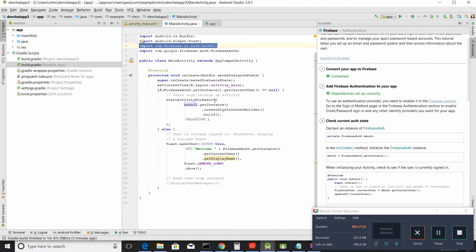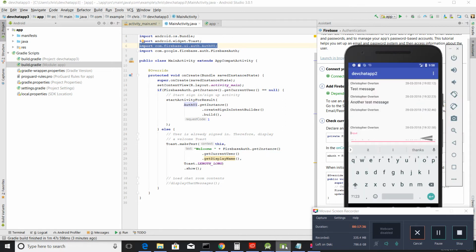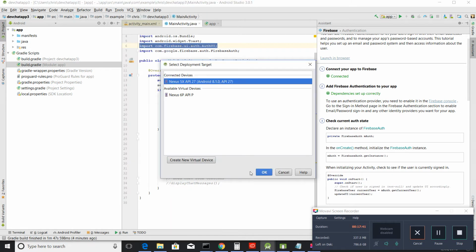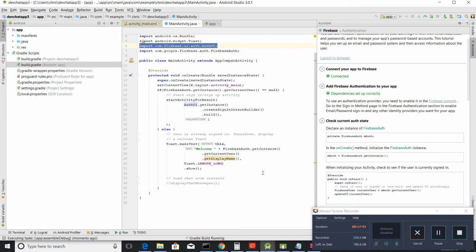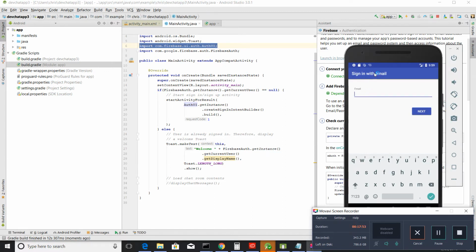So once you've done that, then you should get a successful build, and with the successful build, you should have something like, and I'm going to go ahead and run it here in a second. May take just a bit here to get it going. You should have something like this shown. So in the end, the simulator, it'll show sign in with email, and you'll go ahead and do the sign